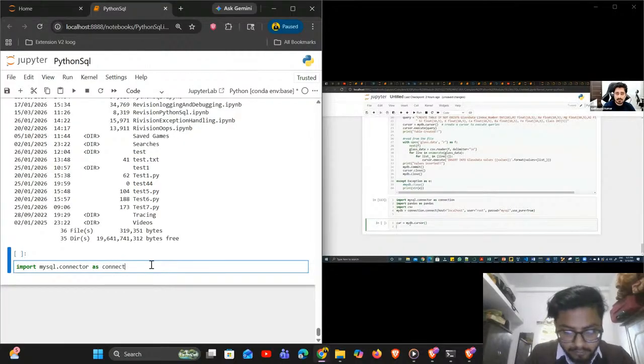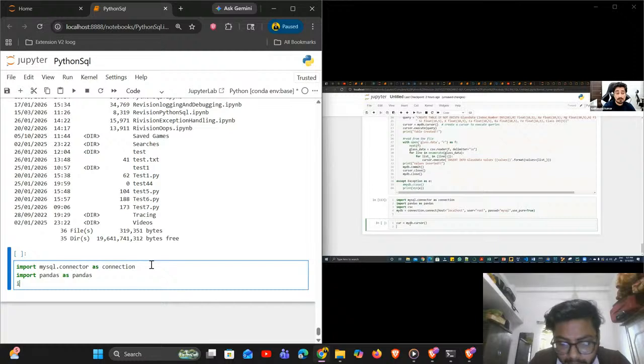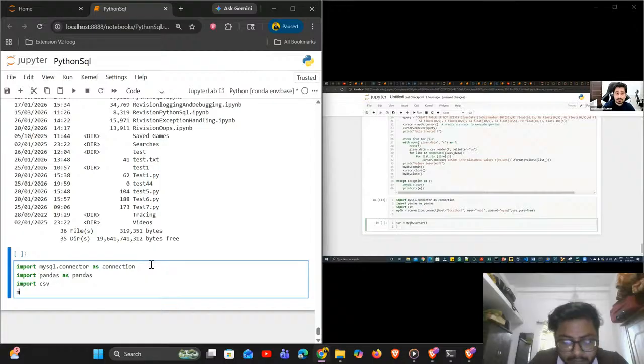Now after creating this very simple cursor, what I can do is execute the query. So maybe I can call cursor dot execute. Now what I have to execute, right? Can I say that I have to create a new table inside the Sudhanshu 12345 database? Agree everyone? I have to create a new table, right? Okay. So create